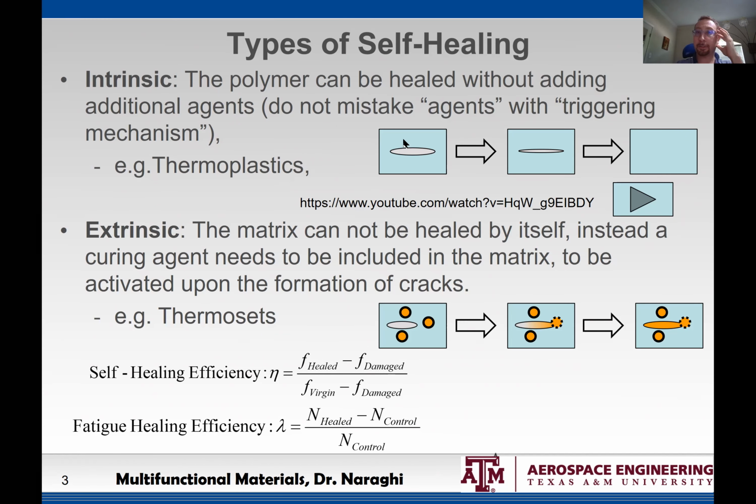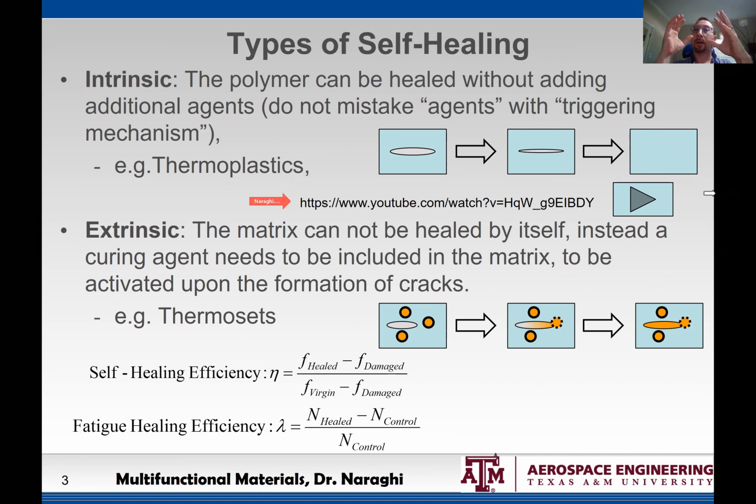So imagine this blue thing is my polymer, and it has some cracks that have developed in it. And you do something to it so that it goes from here to here. Basically, the crack gets closed. And this is a concept that, again, if you look at this video, is from